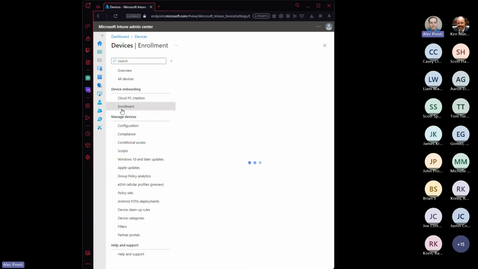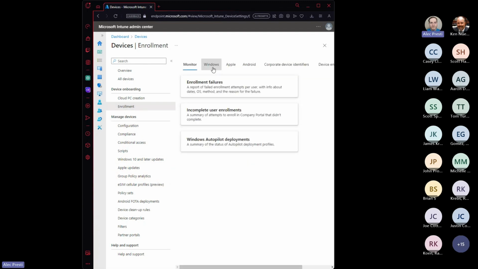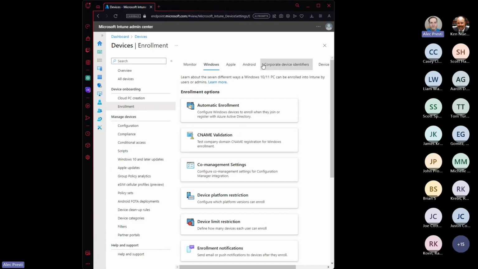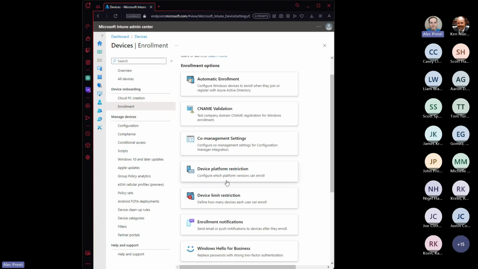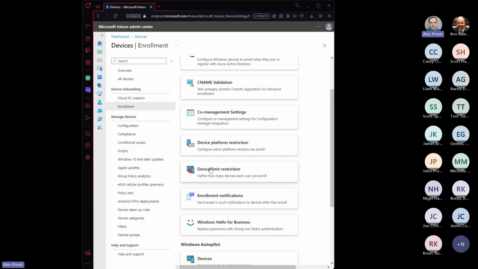Okay. I'm also going to go up to the enrollment section here. So this is where you have quite a bit, but I'm going to focus on the Windows piece just for now. This is where we would configure different things like how do you want your enrollment to take place. The automatic enrollment basically just says you can set it up for all or even specific subsets of the company, different departments, to allow them to enroll in this system, so you don't have to make that full move immediately. You have your co-management settings, that kind of stuff, as well as